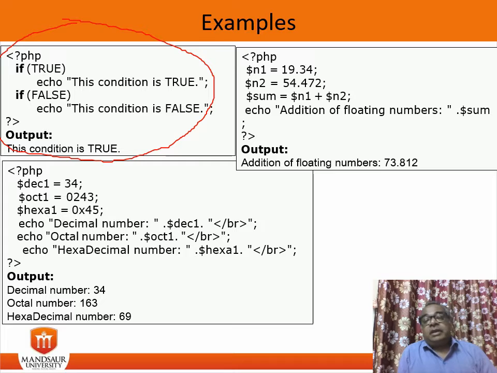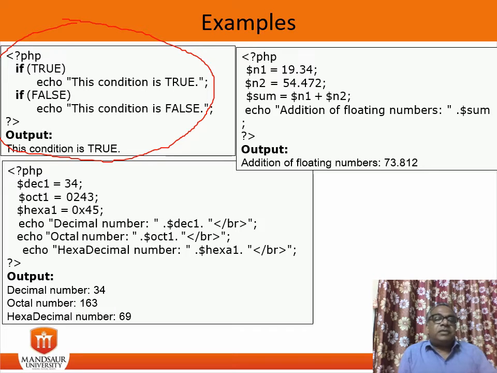Now the integer data type. Integer means numeric data with a negative or positive sign. The value may be negative or positive, and it holds only whole numbers, the numbers which do not have any fractional part or decimal points.